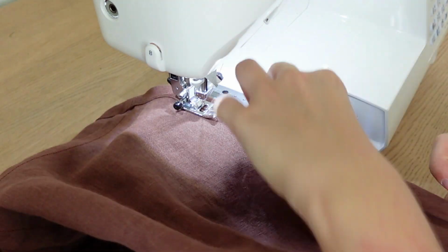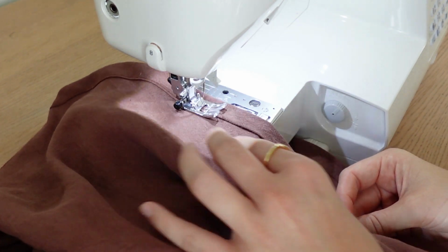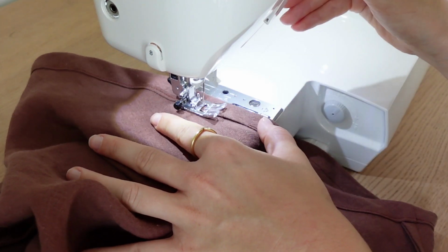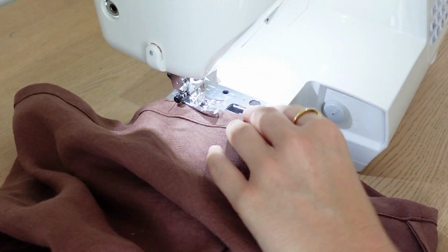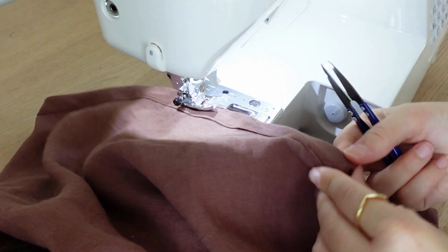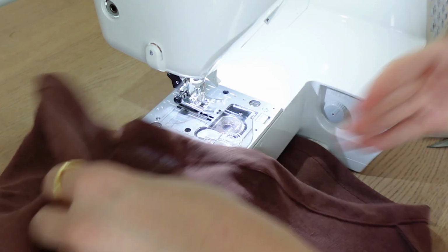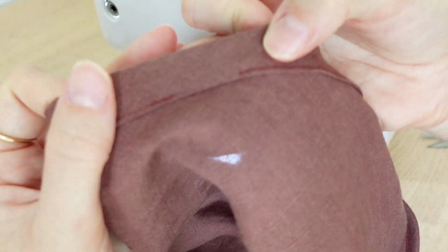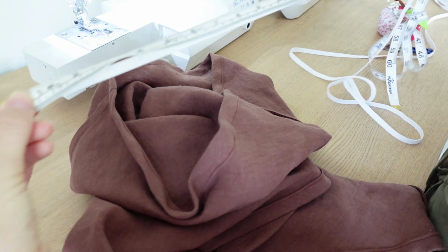Keep sewing, and once you get close to the end, or where you've started, you're actually going to leave about a 1 inch or 2 inch gap just so that we can thread the elastic back through. So as you can see, I back tacked at the beginning, back tacked at the end, and left about a 2 to 3 centimeter gap there, or a 1 inch gap, just so that we can thread our elastic